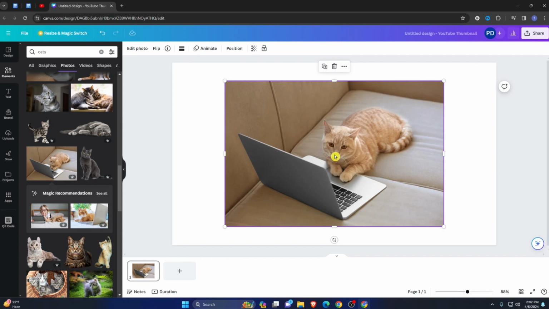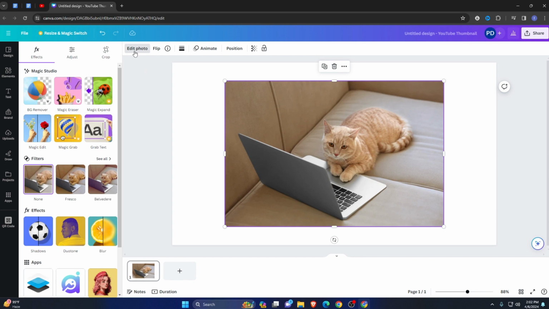First click on this image and then top left corner here you can see edit photo, just click on that and here you will see this option Magic Studio and filter, and here you can see effect. So we are going to use this shadow effect. Let's click on shadow effect